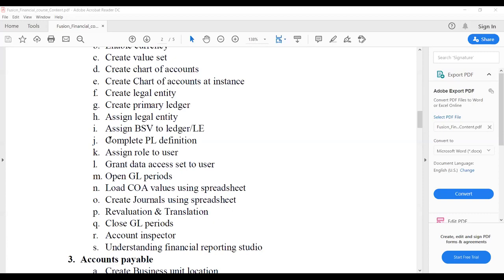So when we complete a particular ledger, the system will create a cube value against this ledger. When we create a transaction on a given ledger, the system will create a cube value so that it will be easier to derive the report out of it. Okay, we will see all those things, and also what data access set is for the user, how we open periods in Fusion, and